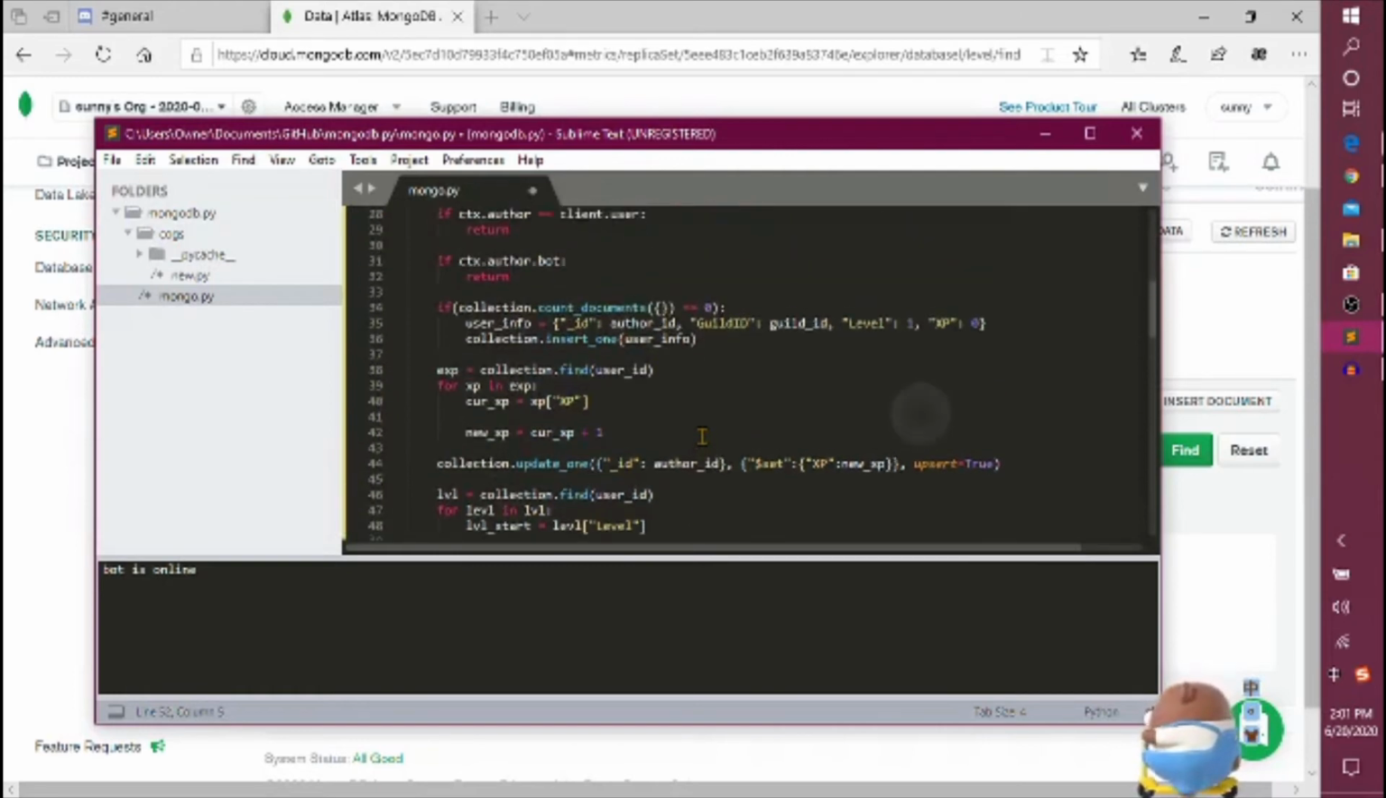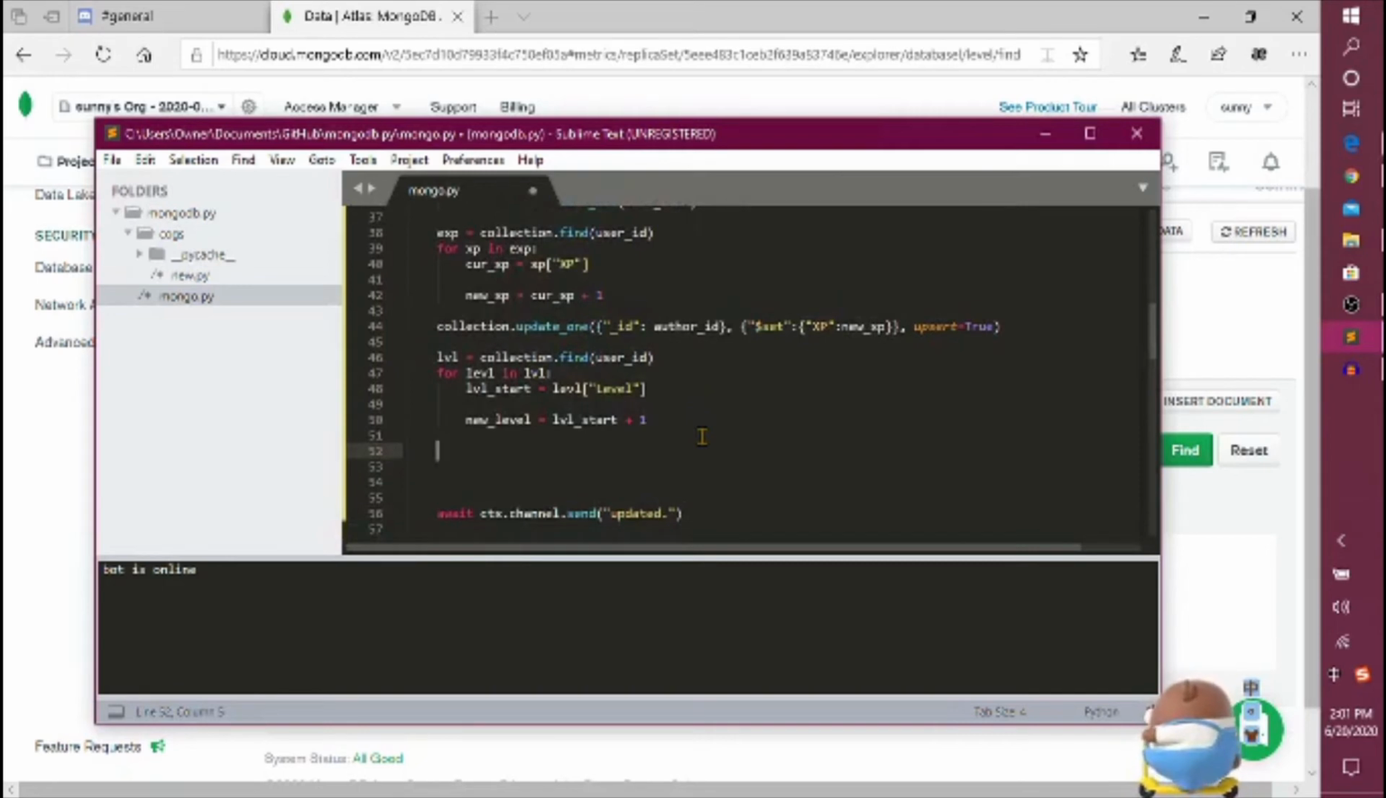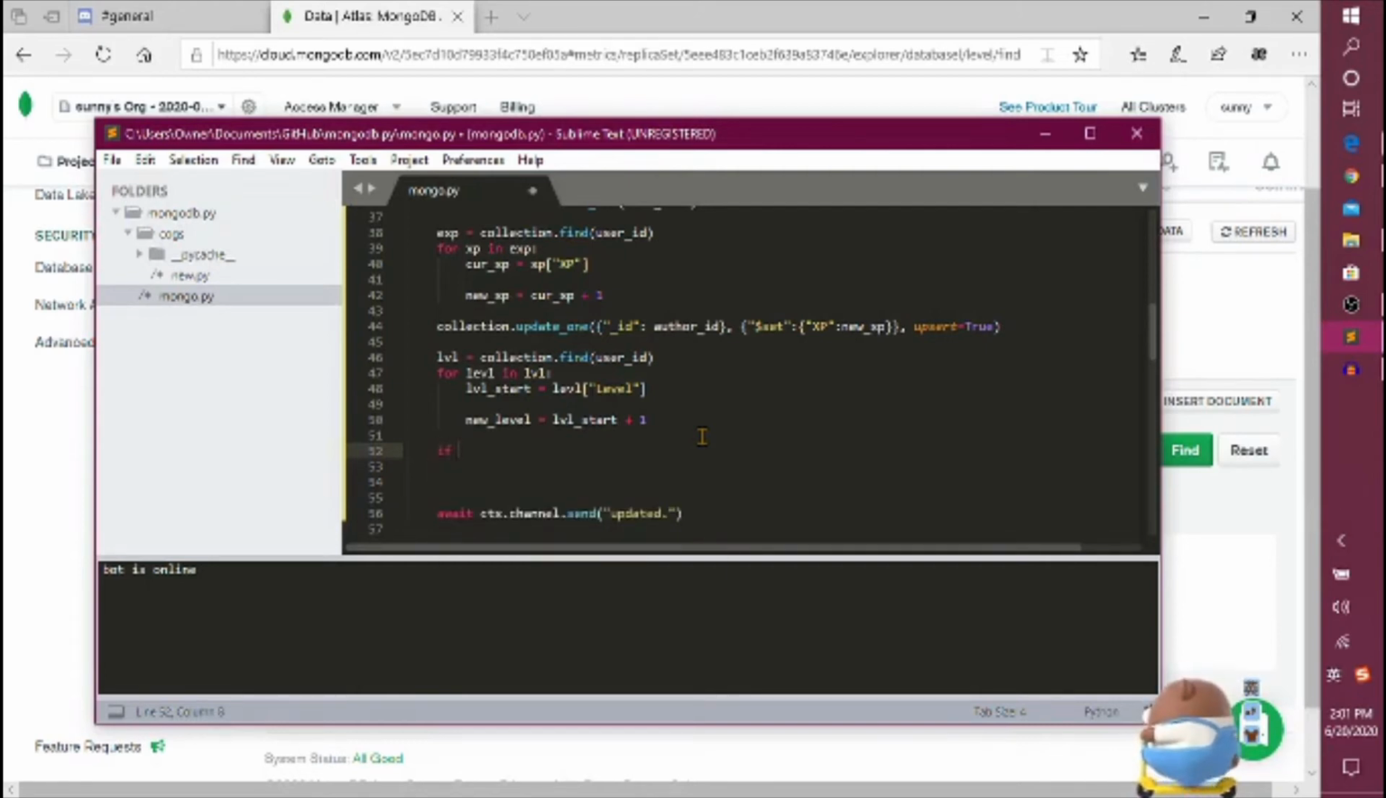It's very similar. So after that, we want to do our condition here so that it can level us up. So I'm going to use a condition that I kind of use. It should be very simple, but we're going to do current XP. If current XP is greater than or equal to rounding 5